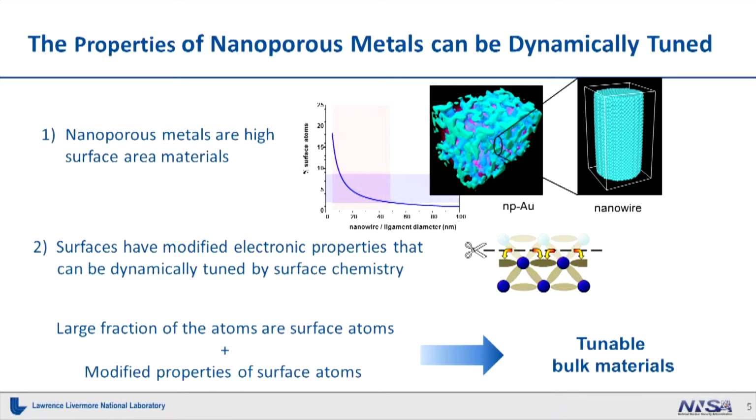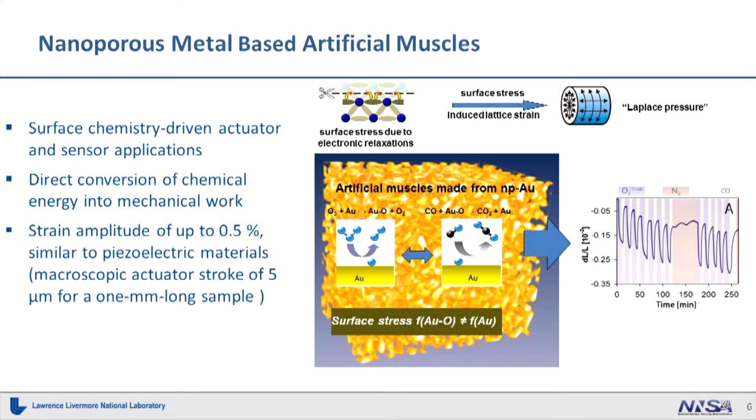And because we are working with nanoporous materials where the pores are all accessible, we can change the properties of those surface atoms by putting them in a different environment. And with this, you can have a surface-dominated tunable bulk material. So one example is the use of nanoporous gold